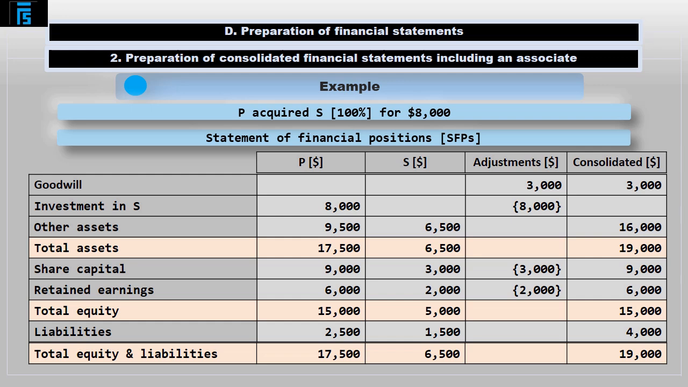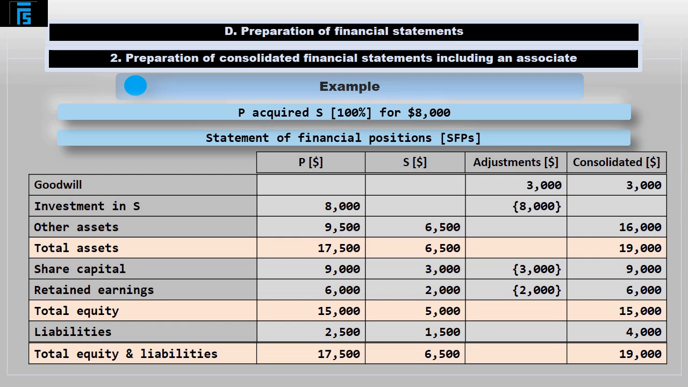We may now complete the example by summing the items in the P and S columns, taking note of any adjustments which were made. So, in that final consolidated column, we will record the €3,000 positive adjustment made in respect of goodwill. Investment in S is now completely eliminated, so it does not feature in the consolidated column. Other assets are simply summed together to produce €16,000. Total consolidated assets therefore come in at